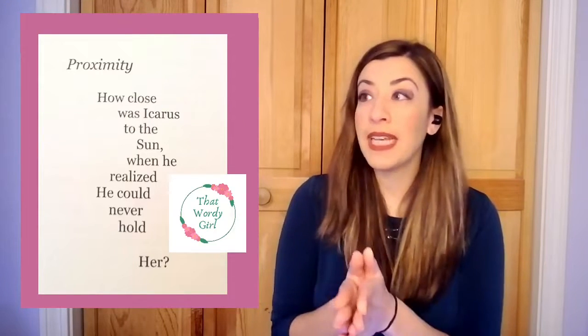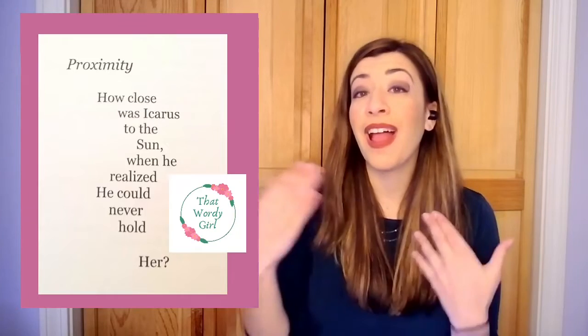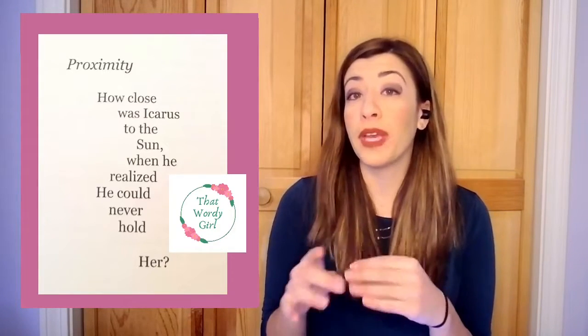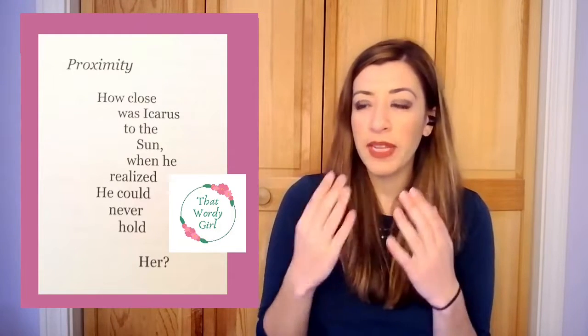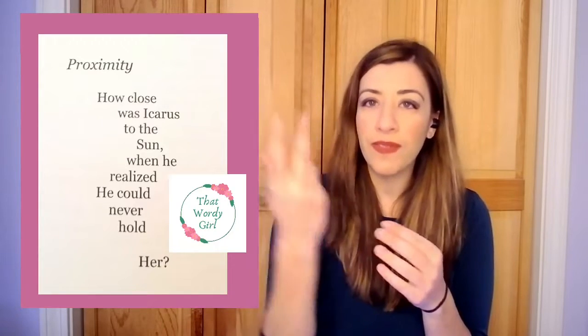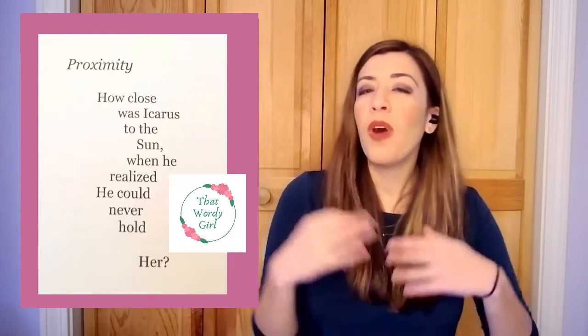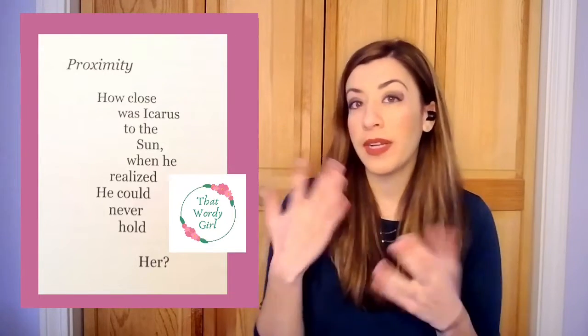So, those careful line breaks also allow for different spaces and shapes. Having your poems also look like a physical shape is not a new technique. It can be seen in a lot of old poetry, but it's a fun one nonetheless. For example, with my poem here, it is based off of the myth of Icarus. He flies too close to the sun and his wax wings melt. The shape of this poem mimics a falling feather. If I had written this poem stagnant, it wouldn't have that same suspenseful feeling that a falling feather does. While this doesn't necessarily change the meaning of the poem and change the content of what I'm talking about, it adds a new dimension that it wouldn't have had otherwise.